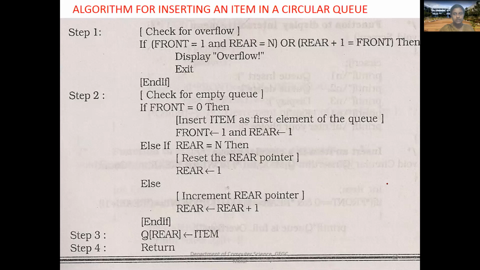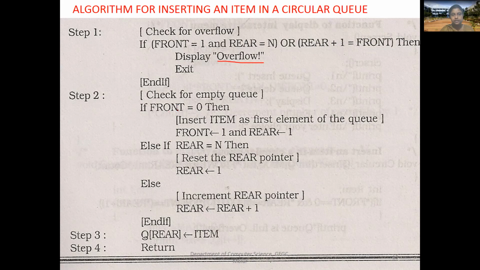usefully. We will discuss the algorithm based on circular queue. So for initial representation, you need to give front as 1 and rear as n. N is the maximum size of the circular queue. Or you can set rear plus 1 equals to front. Because last value plus 1, since it's a circular queue, there won't be an end point, correct? So rear plus 1 equals to front. Whichever is the rear value, plus 1 will become the front value. In that case, you can say overflow. That means full. It is full means it is overflow.